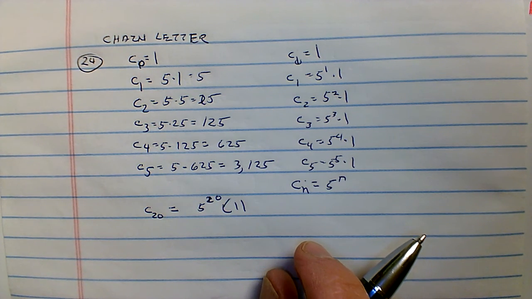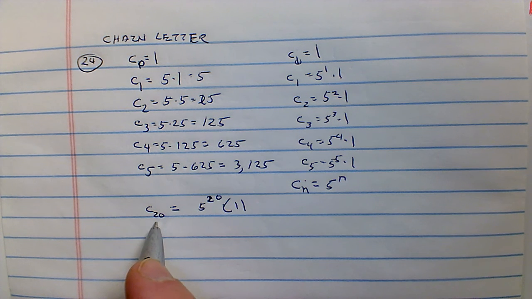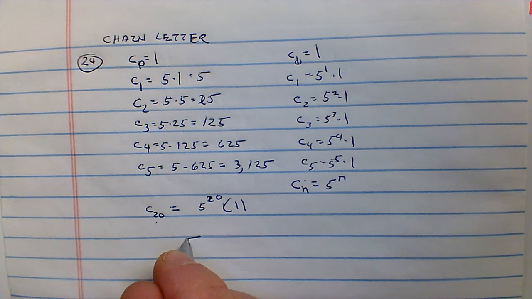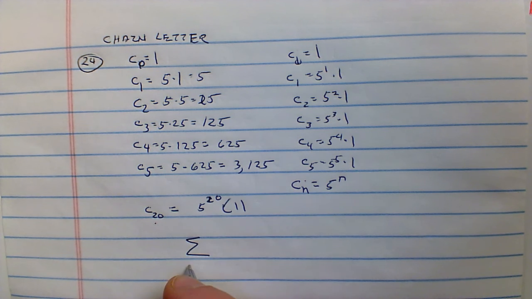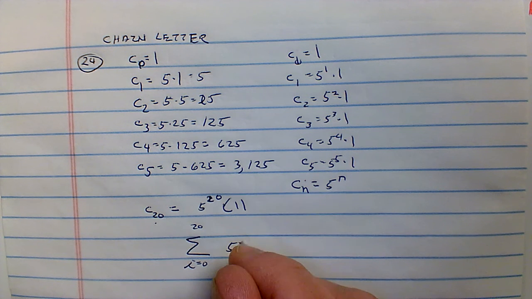But the question's really asking us here is how many total people are doing this, not just how many people get it on the 20th iteration. So what it's asking us for is when you start at 0 and you go up to 20,